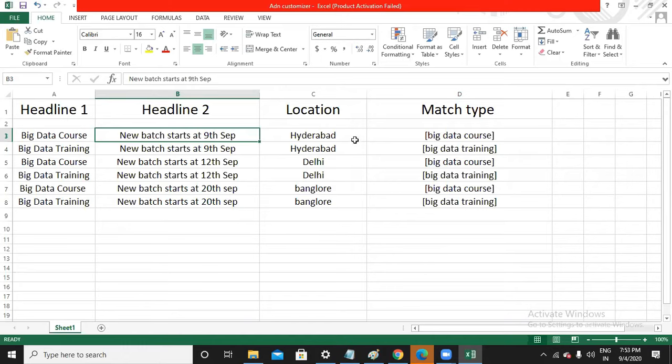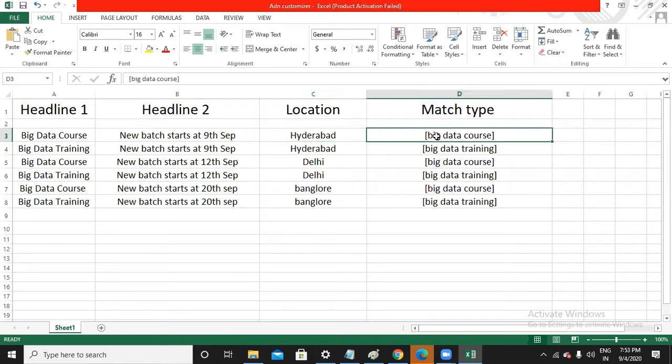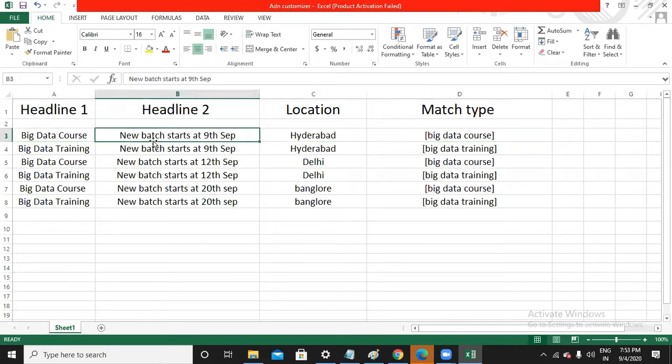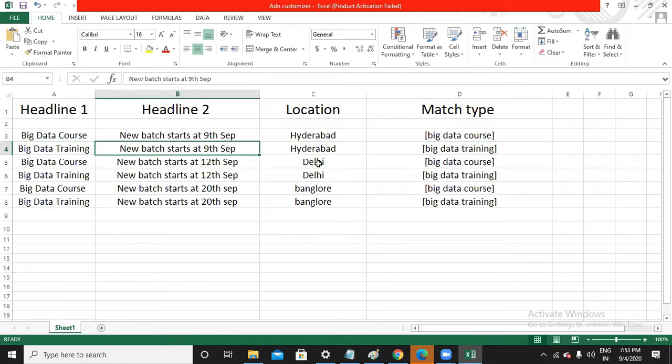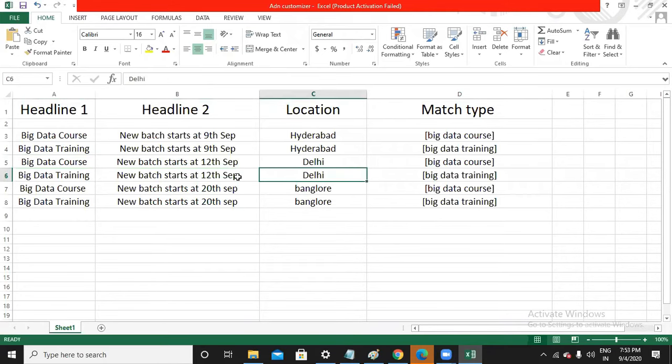When someone searches from Hyderabad with the keyword big data course, I'll be showing headline 1 and headline 2. And if someone searches from Hyderabad with the query big data training, I'll be showing this on 9th September. Then Delhi, big data course, 12th September, and big data training, 12th September.